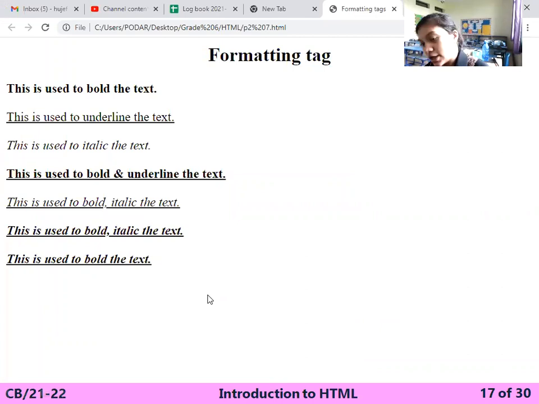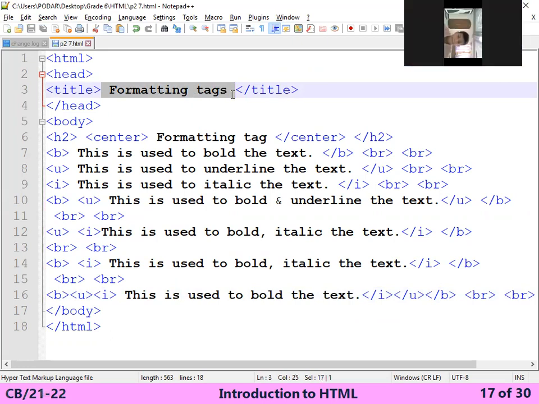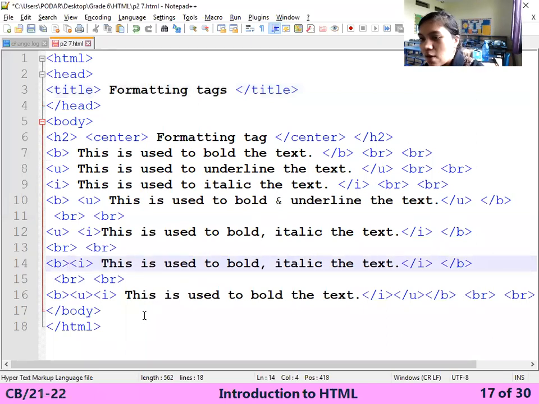How to do that? This is called formatting text, which is used to make your web page attractive. For example, whenever you want to focus on some word, you can use the bold tag, because it's darker and every viewer can see it directly, right? That's why we are using a B tag here.